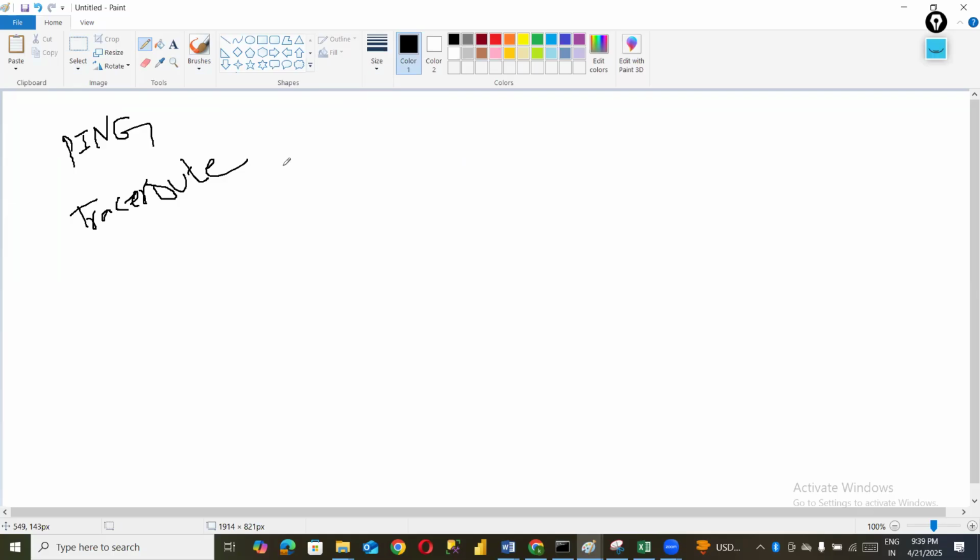Ping uses the ICMP protocol. ICMP stands for Internet Control Message Protocol. So what will it do? Whenever we are trying to check any target machine, website, or application, ping will tell us whether it is in the network or not. For example, if we take some user,